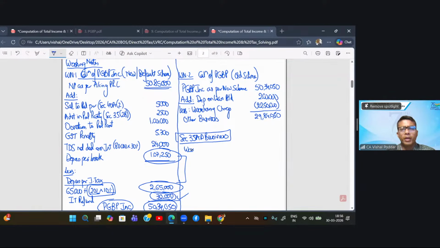So here that warehousing will be considered because warehousing of agricultural produce is 35 AD business. So warehousing charges will be considered here. And for this business, I have only one expense, which is the warehousing building. Now, what is special about 35 AD? You can get deduction of the capital expenditure entirely. So you need not claim the depreciation. So capital expenditure on the entire warehouse building, which is 20 lakhs, can be claimed here. So this is my 35 AD business income,